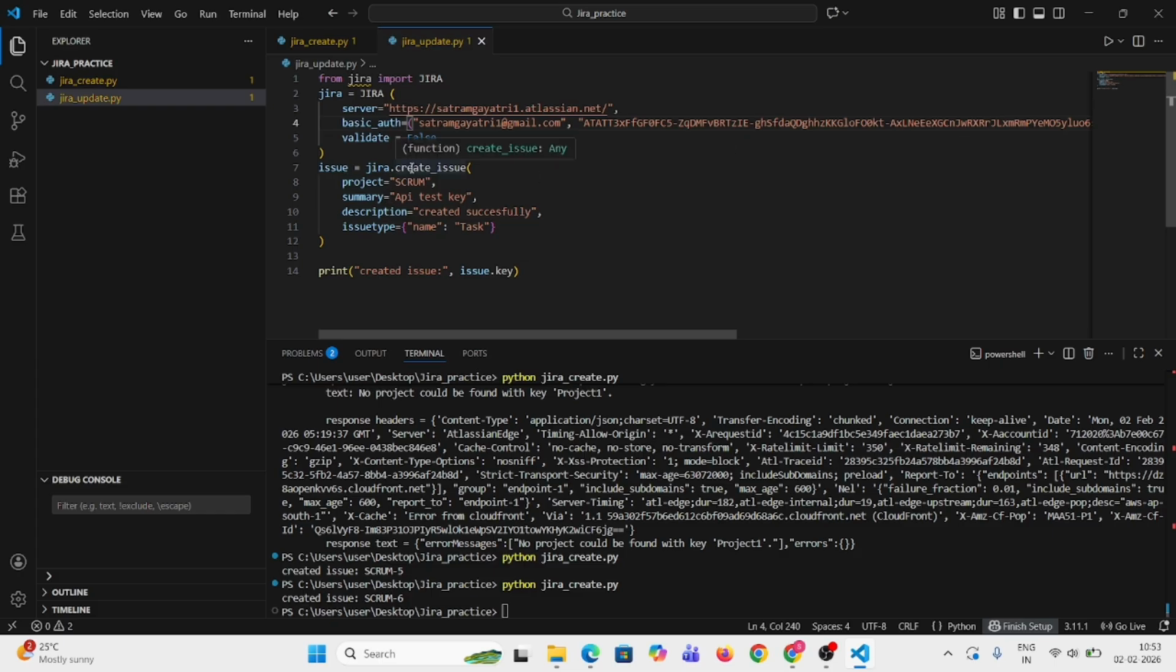Next, issue equals Jira dot. Here we are going to update the issue, right? So that's why I am going to remove this part. Already I have created the issue. Now just updating the issue, right? So Jira dot issue, what I'm going to update, Scrum 5. Let me take just Scrum 5 or else Scrum 6, whatever you want, you can update it. Right? Next, issue dot, we are going to update this. So issue dot update of